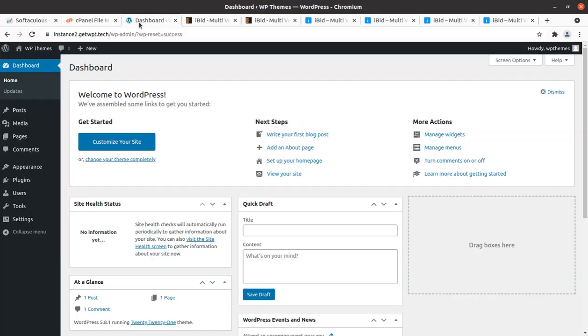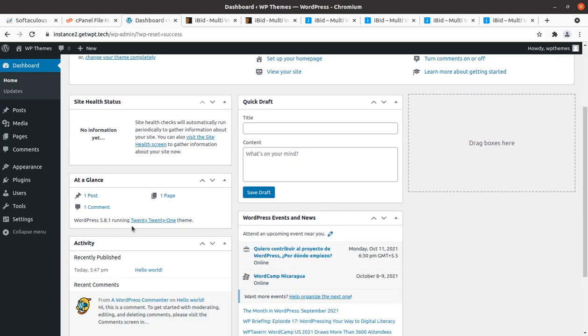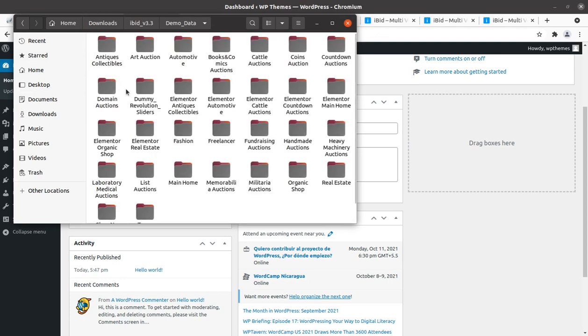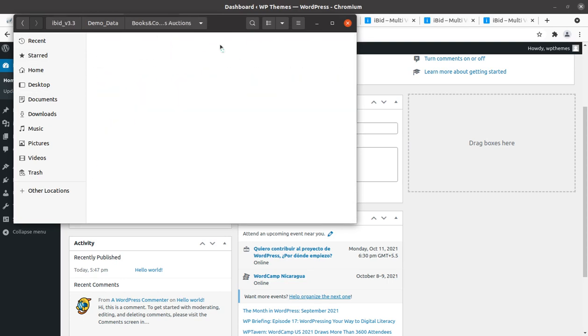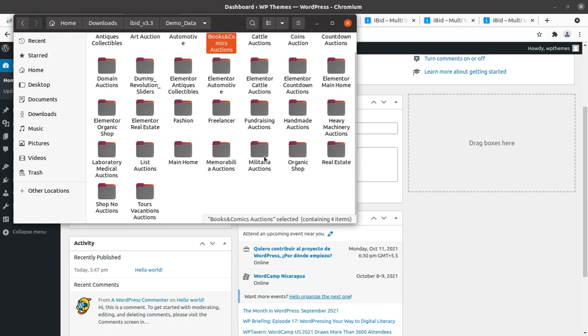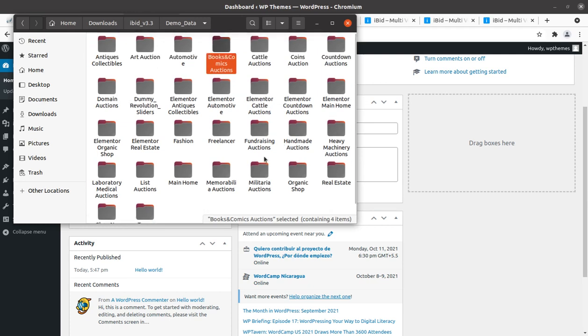For this I have a fresh installation of WordPress, and it is running the latest WordPress default theme, Twenty Twenty-One, and the latest version. And I got the theme pack. In the theme pack, demo data has been given for all the demos, so it is a very great thing that demo data in XML and JSON file format has been given for all the premium websites, so you can use these files for importing the demo content if we are going to do this manually.